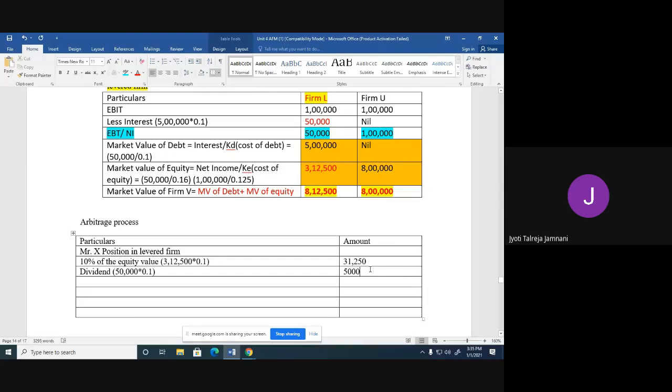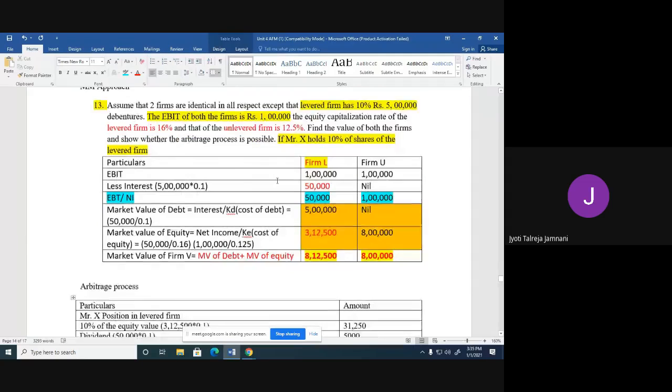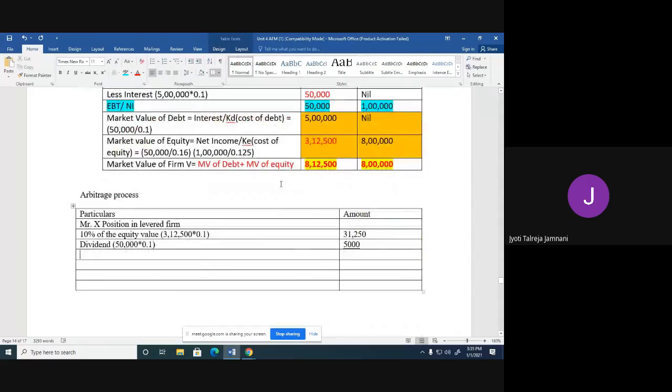Now what I'll do is I'll underline this 5,000. You can also underline it in your books by putting 2 lines. Here I'm underlining it only once. This is his position in firm X. This is what is given in the question. Just see here. If Mr. X holds 10% of the shares in levered firm. Now we have to show